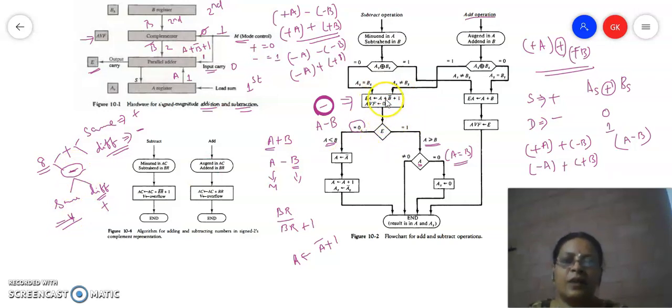So here, what is that you are trying to do? You are going to take 2's complement of the second operand, add it, and store the result, and whatever is there in the E flip flop is not going to be considered. We will just set the AVF as 0. Why AVF is set to 0? For subtraction, there is no possibility for arithmetic overflow.